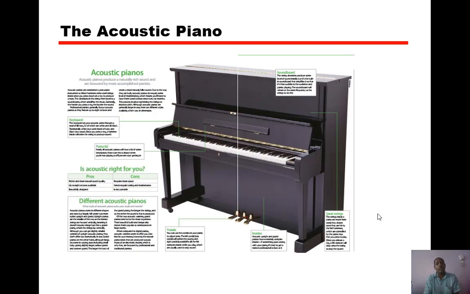Now let's talk about the piano. We have the acoustic piano. Usually this piano comes with a number of keys, and then you have the pedals. The pedals are used to control the sound. So we have loud and soft. If you want the piano to play very loud, you have to step on one of the pedals. Okay, and then if it has to play soft, you step on another pedal to reduce the sound